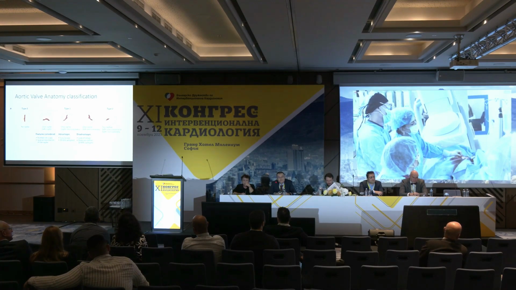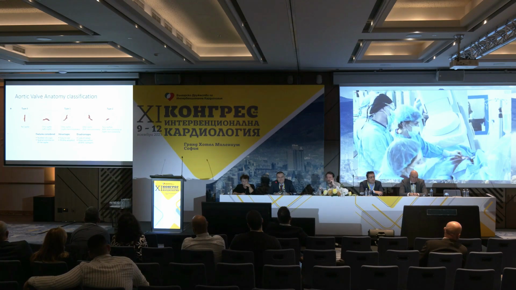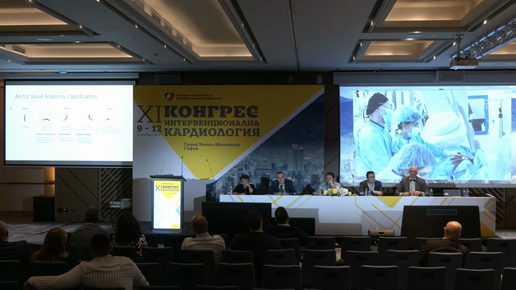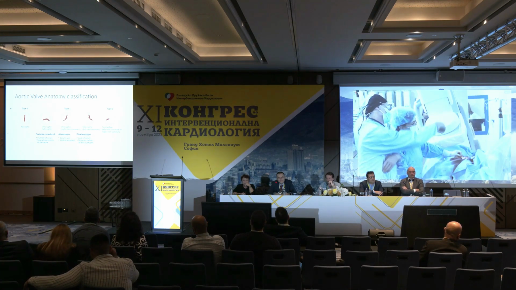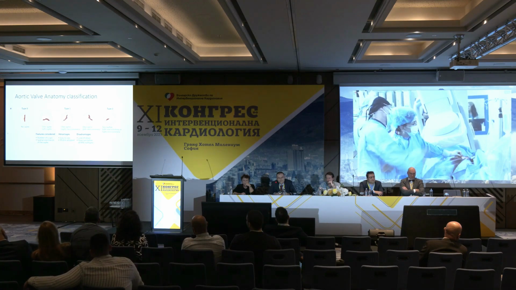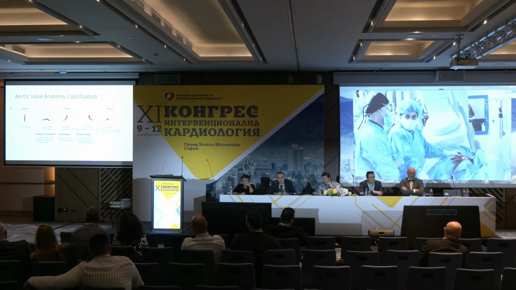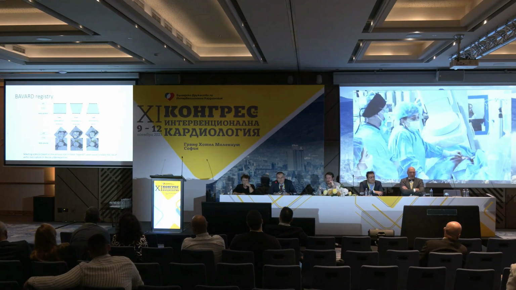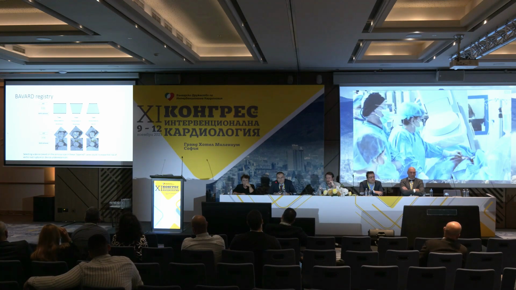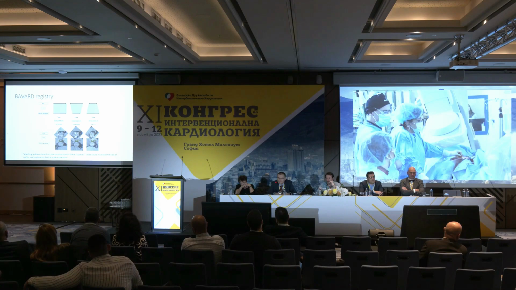According to the classification of the bicuspid aortic valve, we may put the patient in type 1 severs, which is really useful because it's easy to use and widely adopted, but there is a lack of detail and it does not define all bicuspid aortic valve subtypes. So according to the Bavard registry, comparing the aortic annulus and the size of the intercommissural distance, we may